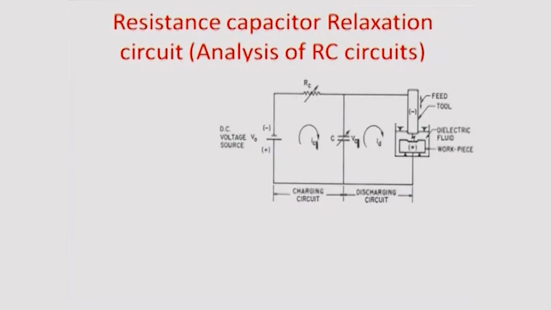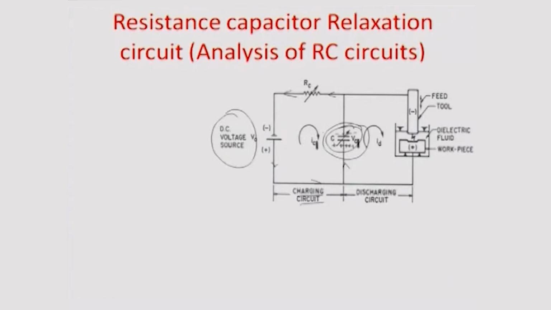There are 2 parts of the circuit. One is of course where the DC voltage source is connected, and this side of the circuit is called the charging circuit. This is the common capacitor which is there between the charging and the discharging side, meaning thereby that in the first instance, there is a tendency of the current to charge the capacitor through the charging part of the circuit. Because as you know, a capacitor is an open circuit to DC, this side of the capacitor would get positively charged and this would get negatively charged,